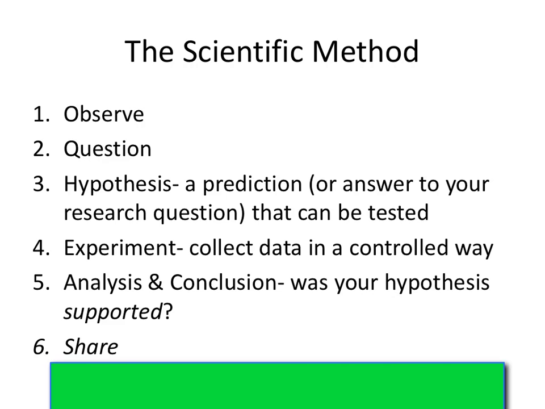Let's say we do an experiment and we look to see if garlic could cure cancer. And we find out that garlic doesn't really have any effect on cancer. Right, so was our hypothesis supported? No, our hypothesis was not supported. Should we still share that data even though we were unsuccessful? I argue yes. You should always share all your data because then maybe another scientific group won't waste their time checking to see if garlic can cure cancer. So no matter what, you have to share your results so people know what's happening.